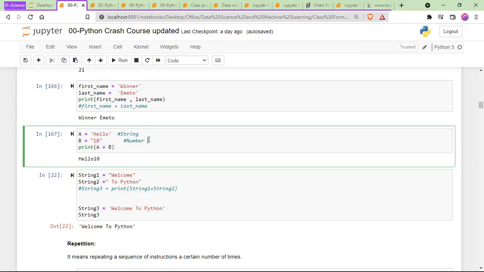10 is a string. Okay, thank you. An integer. It's a string. Once you have a quotation mark around it, it becomes a string. Yeah, thank you very much. So please take note: once a number is between a quotation, either single or double quotes, it's now a